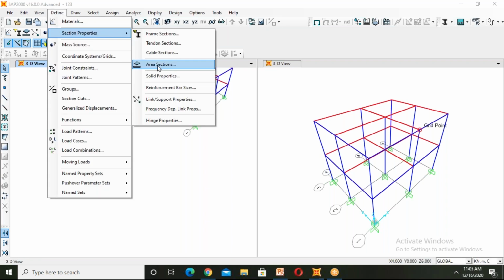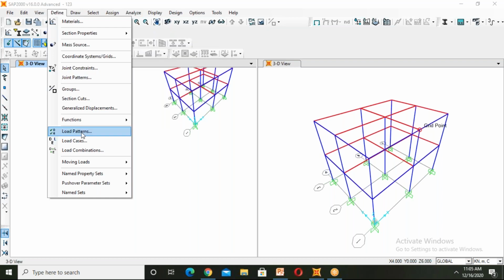Next, we discussed how to define sections. We have done the slab in area sections, and after that we gave load patterns on the frame. On the frame, we have to assign loads.